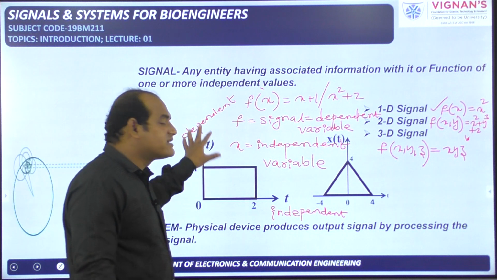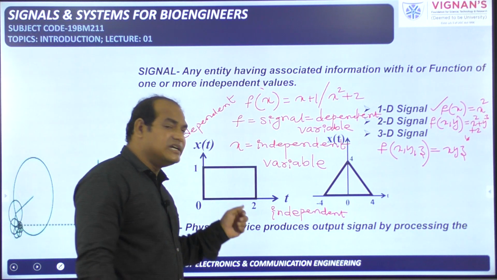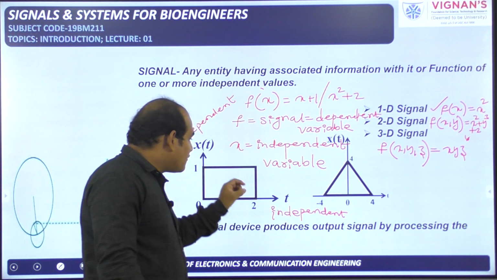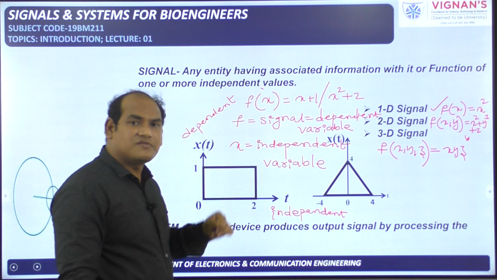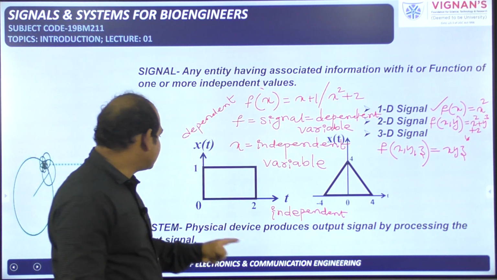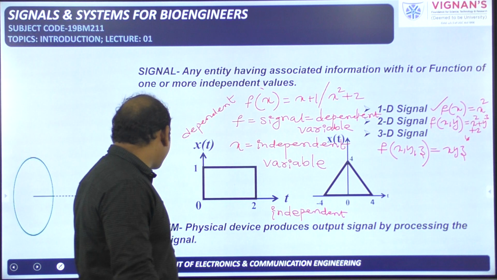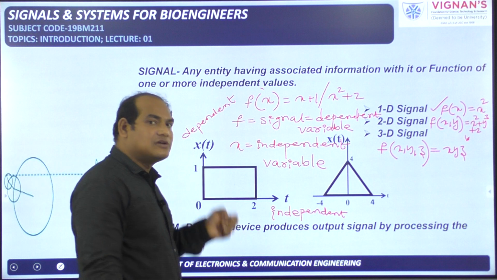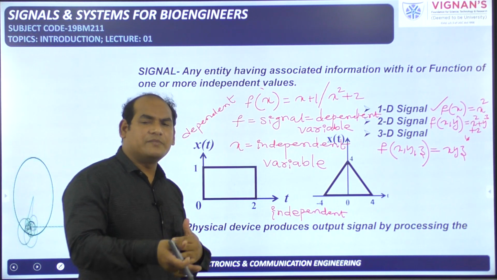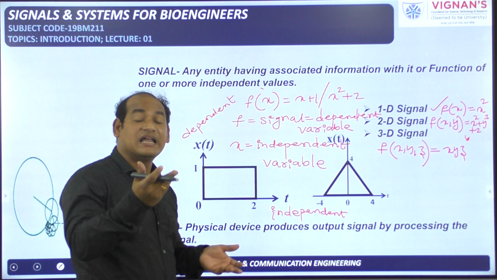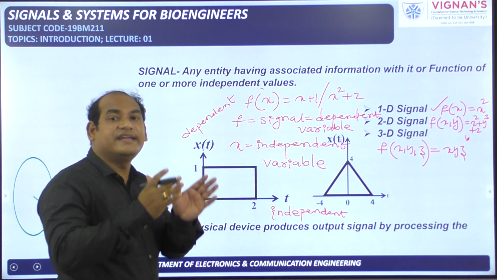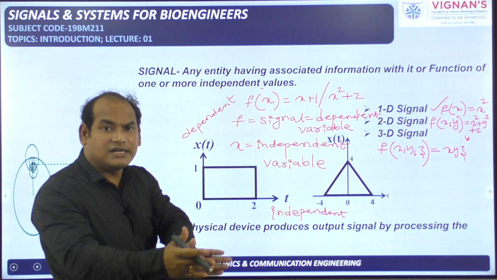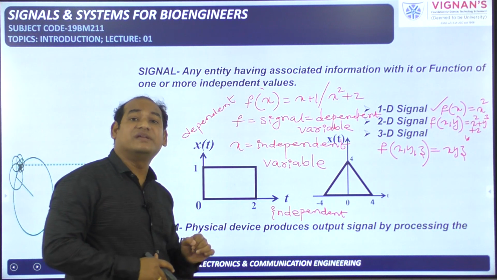Define x of t. From this graph, define x of t means what will you tell? Here t is available on the x-axis. For t, all values means what? From minus infinity to plus infinity. This is available on the x-axis. For all values of t, the x of t values should be given. It may be defined, it may not be defined, it may be 0, it may be 1000, or it may be infinity also. But we need to tell all values of x of t; for all values of the independent variable, the amplitude of the signal should be given.